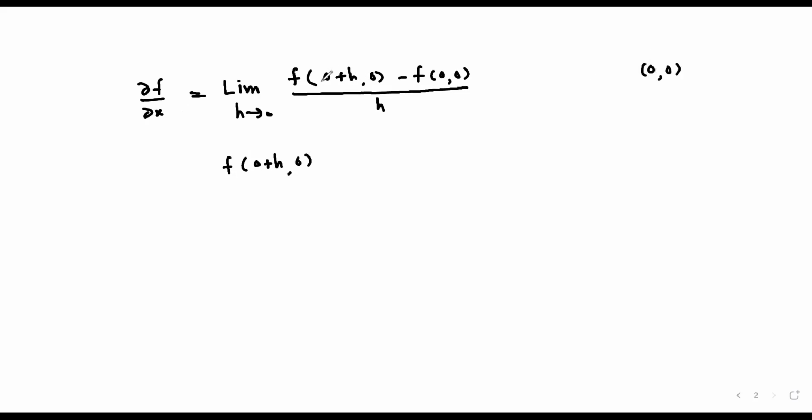So in place of x we put 0 and in place of y we put 0. So f of (0 plus h, 0) is sine of x cubed, and in place of x cubed we put (0 plus h) cubed, and then we have